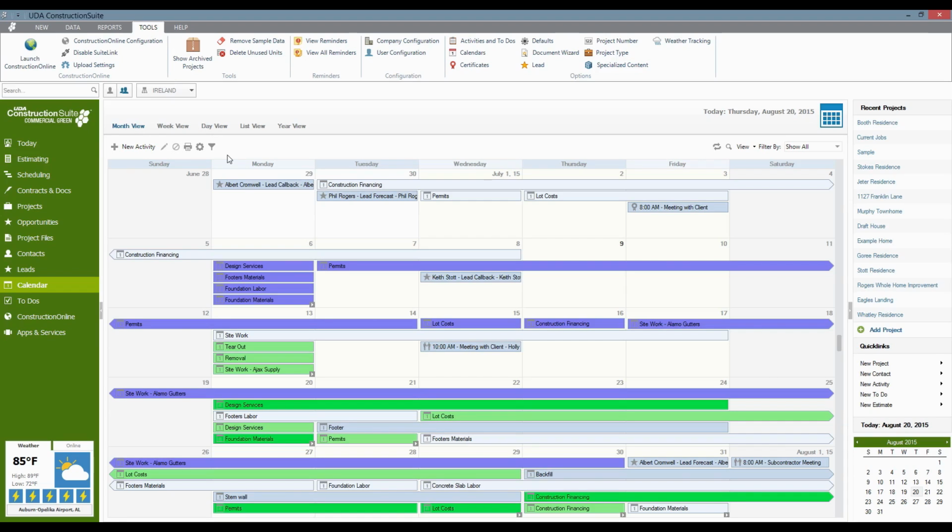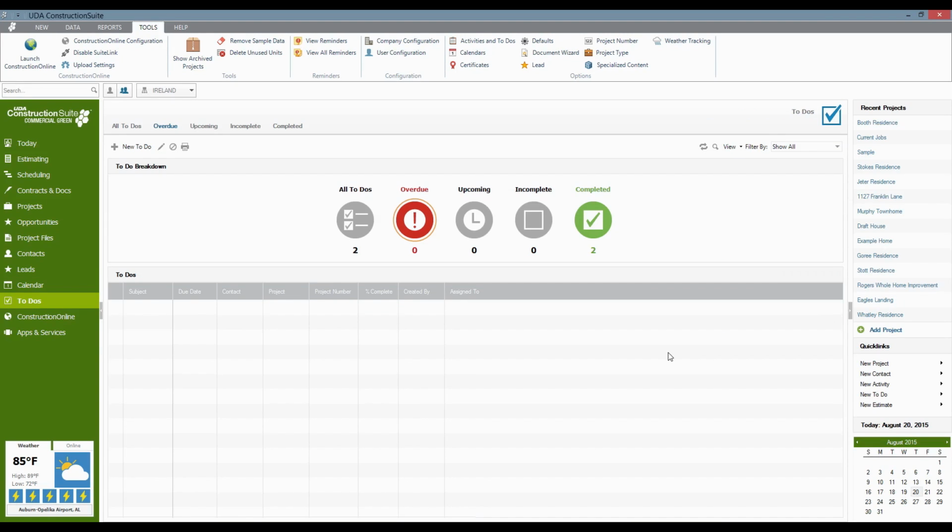The tasks that don't typically have a specific start date, maybe just a deadline instead, or that just need to act as a reminder for yourself and you've got some period of time to get them done, would be better off showing up here on the to-do list. And this is the one that I kind of made mention of a little bit earlier. Everybody has a to-do list, whether you have it written down or not. There's things that you want to get accomplished, and you usually have some form of a deadline to get these